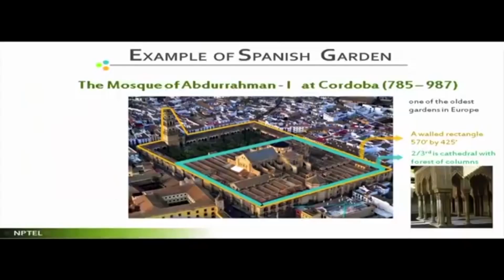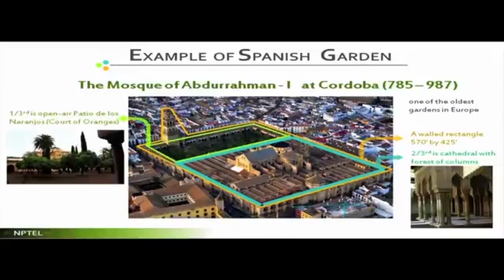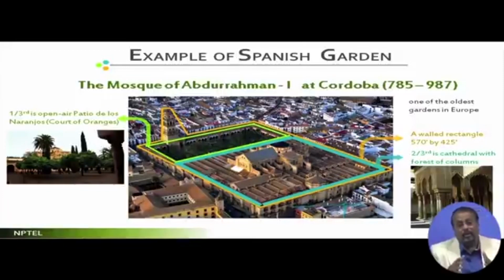So for that they have created this one-third of the area, which is a garden of Naranjo that they have created. This is the area where the trees are not very large, and the height is just above human beings. So when people come here for prayers, weekly prayers or even daily prayers, they have a shaded zone. So it's nature, and after that they are entering into the structure. This concept is an excellent one, it's noteworthy, and we should do it everywhere,